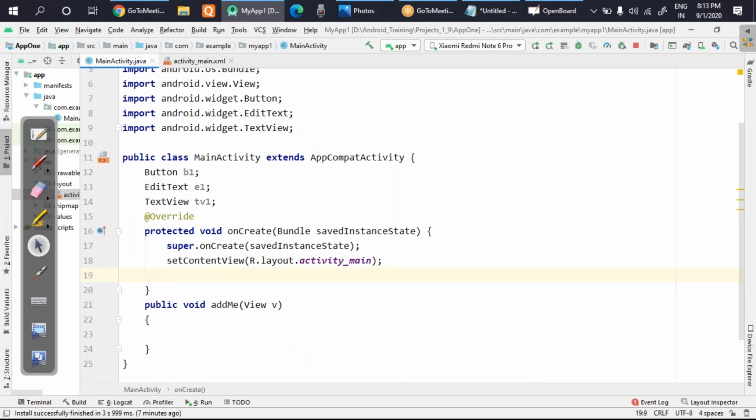So you can see my position. Now I'm inside the onCreate function. If you remember, I told you onCreate is the first function which gets executed. After the 2 lines which are written here, we'll understand later what the meaning of these 2 lines is. After those 2 lines, I will start writing the 3rd line. I will write the code for linking my buttons with the IDs. Look carefully at what code I'm writing here. First I will write, and then I'll explain later. So B1 is equal to